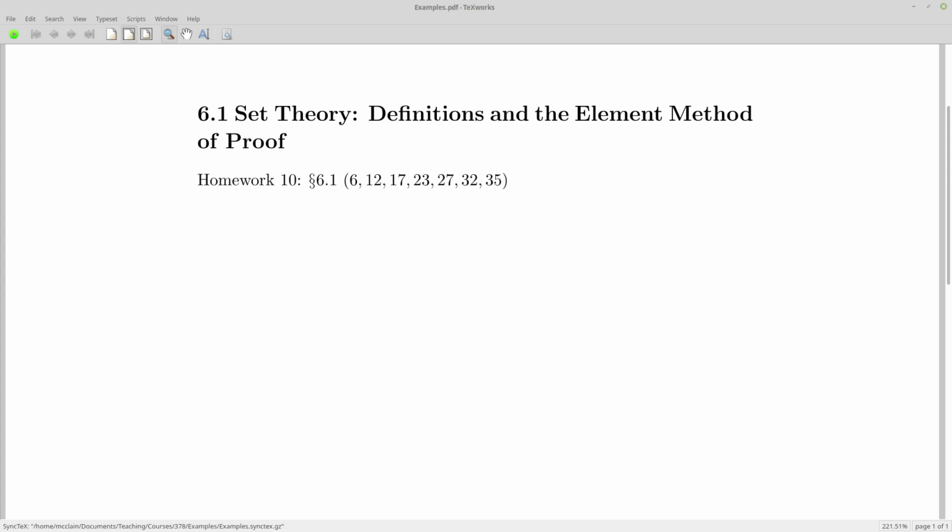Your homework assignment number 10 is going to consist of these 7 problems from 6.1, and I will post those on MyOpenMath and also send them to you by email as well. So the examples,